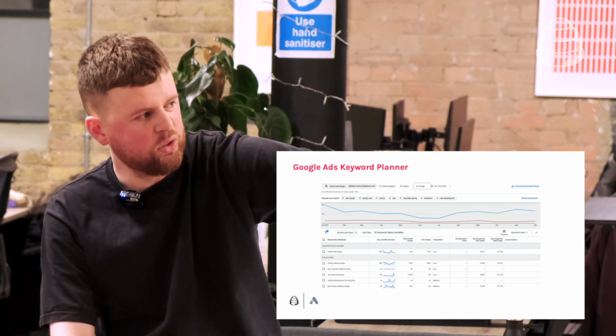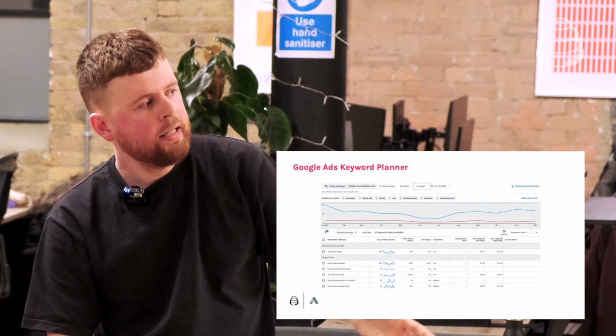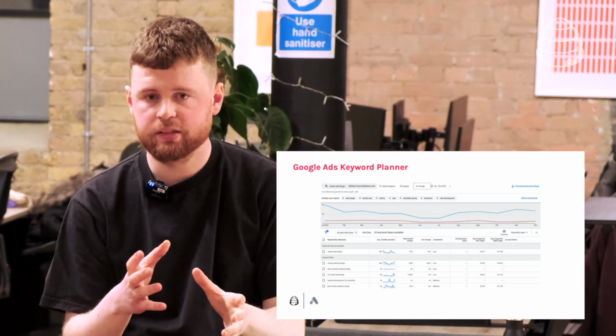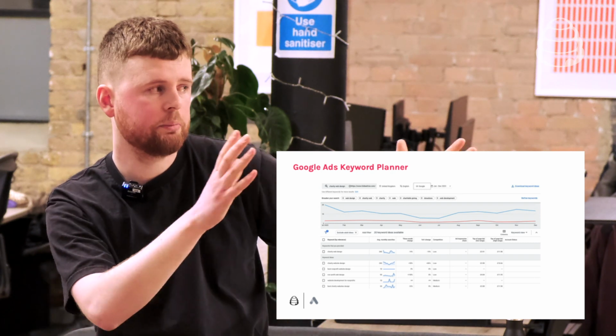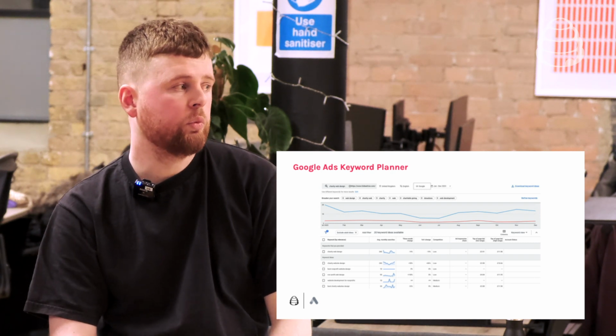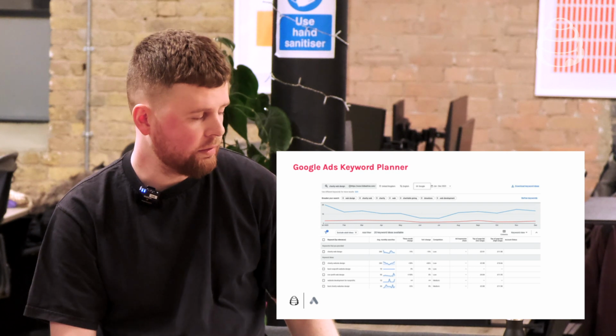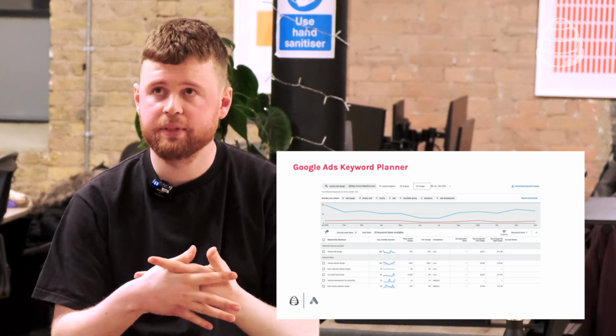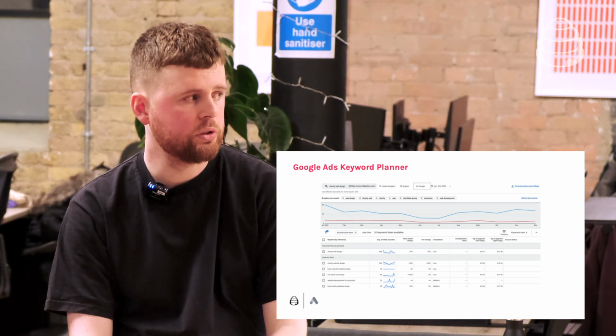That looks to be slightly down year on year. It's low competitive, and it also tells you, roughly speaking, how much you're going to have to pay to get someone to click on your website there. So it's a really valuable source of data on what's out there and what people are really looking for. Getting an understanding of what keywords really represent yourselves as an organization is really important.